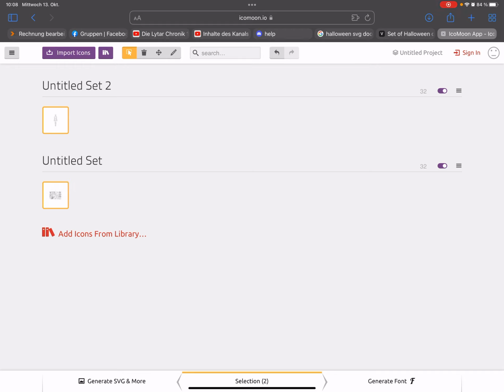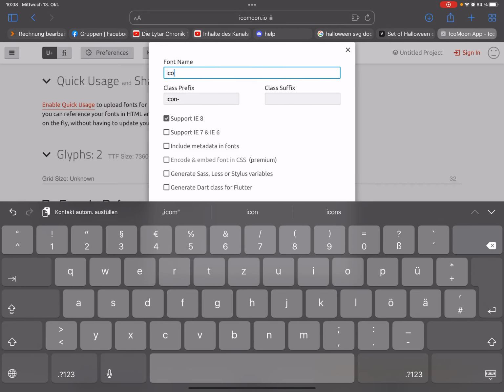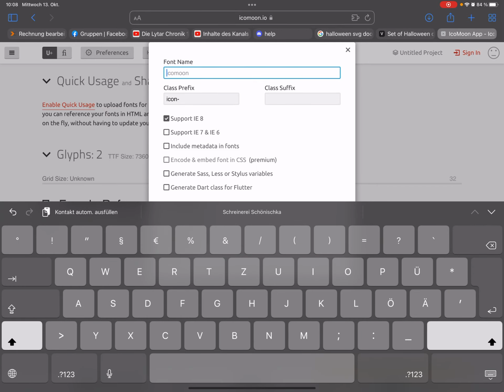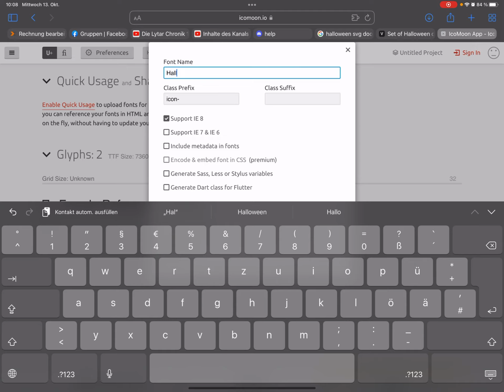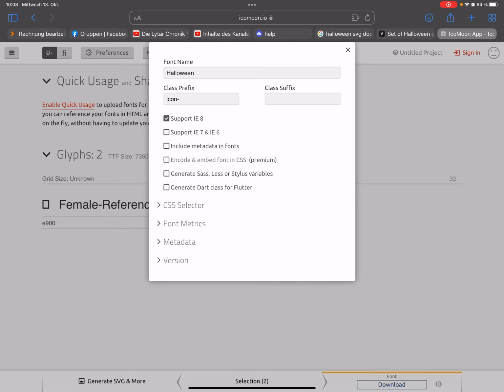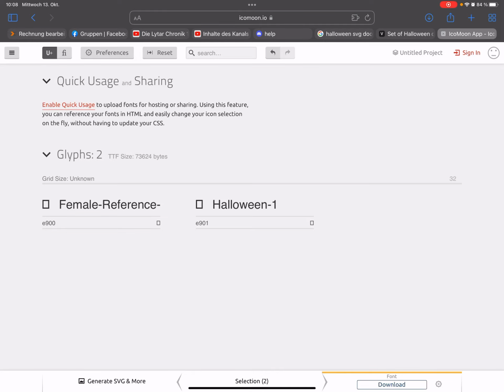and now you can go to generate font, and in the preferences you can here rename your font, for example Halloween. I hope it works. And here are the two SVG files.